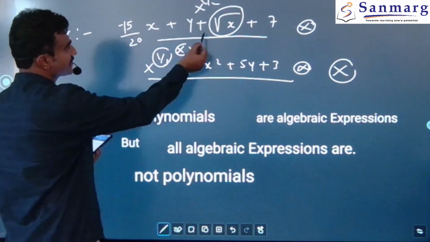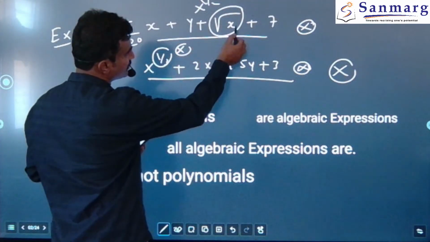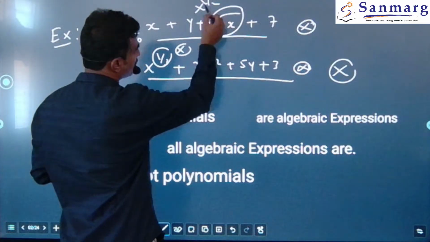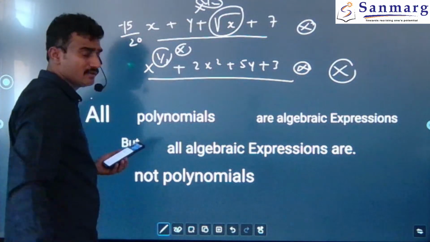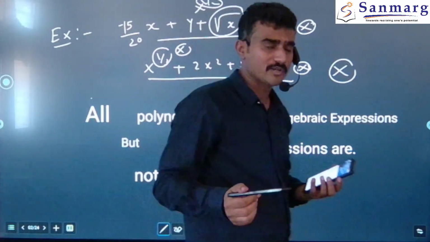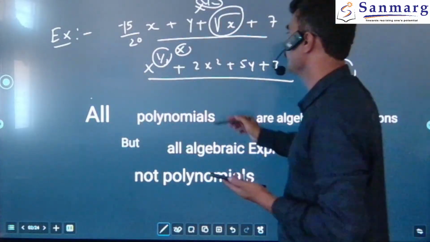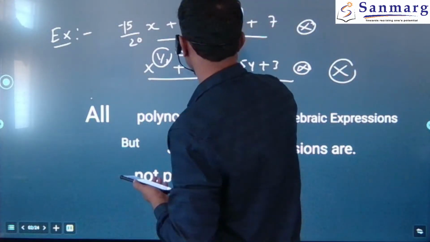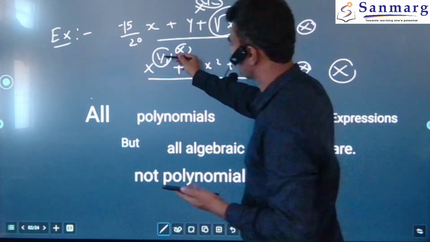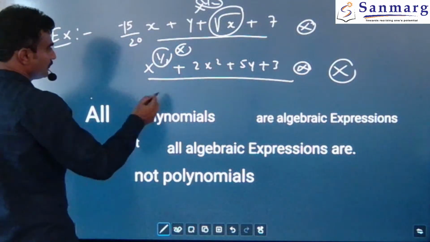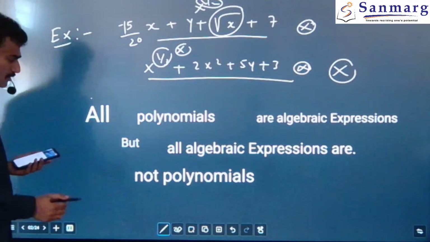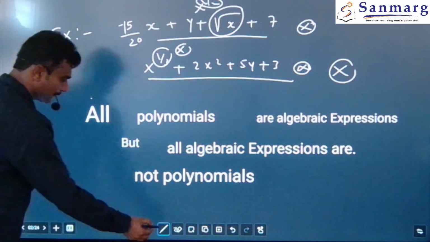In the previous example, we saw that root x means x raised to 1 by 2, which is not a whole number. Therefore, this is not a polynomial. Similarly, x raised to 1 by 3 plus 2x square plus 5y plus 3, here the power of x is 1 by 3, which is again not a whole number. Therefore, this is not a polynomial. So by this we can conclude